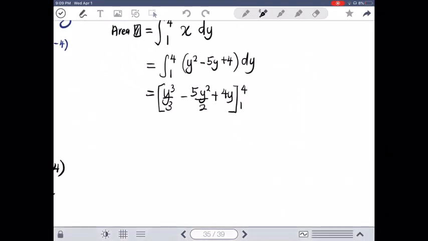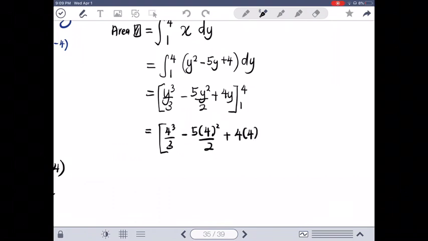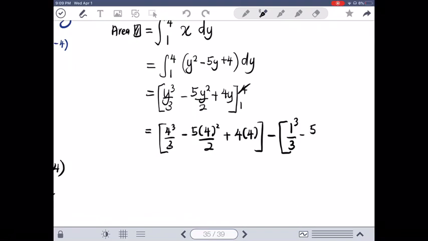So the top should be 4 to the power of 3 over 3 minus 5 times 4 to the power of 2 over 2 plus 4 times 4, minus the bottom, 1 to the power of 3 over 3 minus 5 times 1 to the power of 2 over 2 plus 4 times 1, so which is equal to,